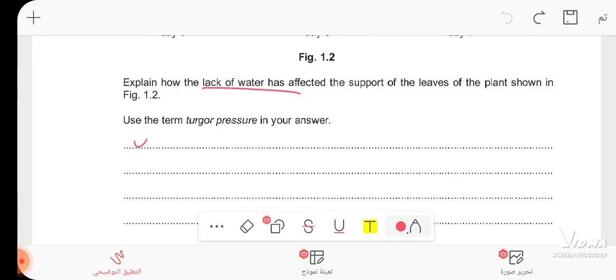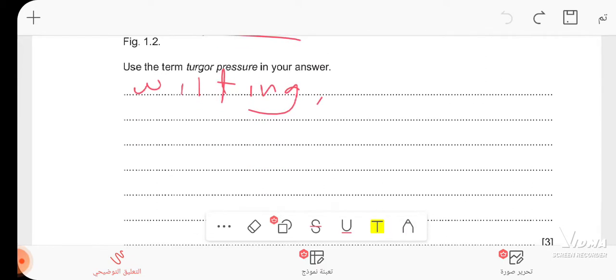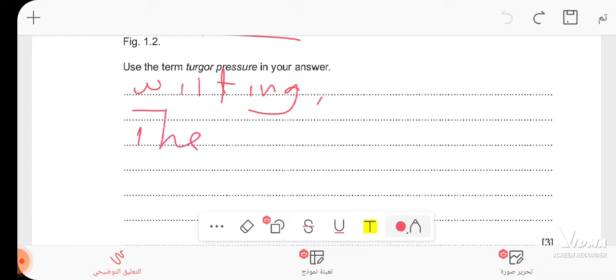Firstly, we have to talk about wilting. Because it is an important topic, we talk about wilting. Okay. The loss of water means the loss of water. Wilting means the loss of water by transpiration